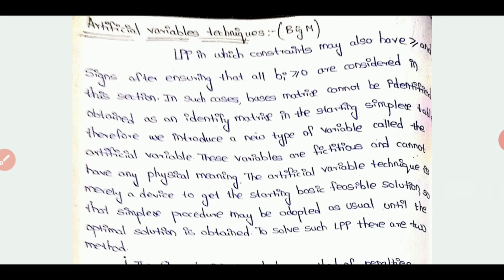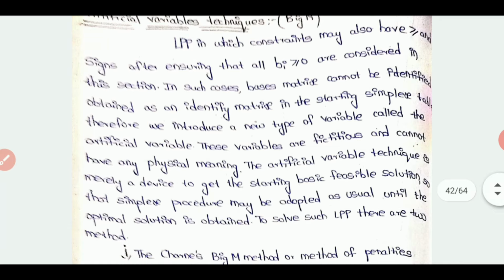What is artificial variable techniques? Up to now we have seen some sums in simplex, both in minimization and maximization. While getting those, all the constraints will be in less than or equals to. We can get a doubt, what if greater than or equals to symbols comes? If greater than or equals to symbol comes, in order to solve those types of problems, we will introduce an artificial variable which doesn't have any value.